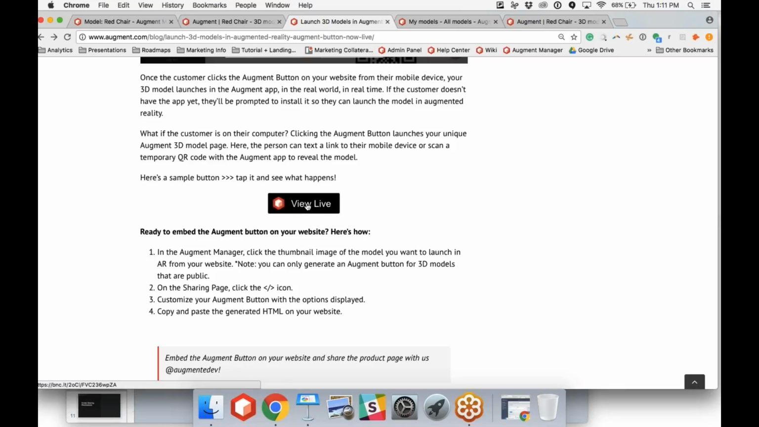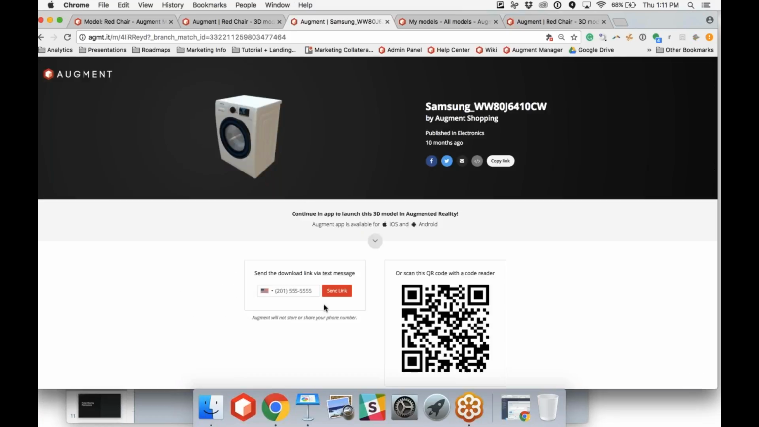So here I'm just going to click the Augment button. Again, I just copied it from the dashboard for the manager, and you'll see you land on this sharing page, which you've seen before. And obviously I'm outside of the manager, so anybody could access this publicly. So I'm obviously on my computer, but if you're on a mobile device and someone would tap that button,